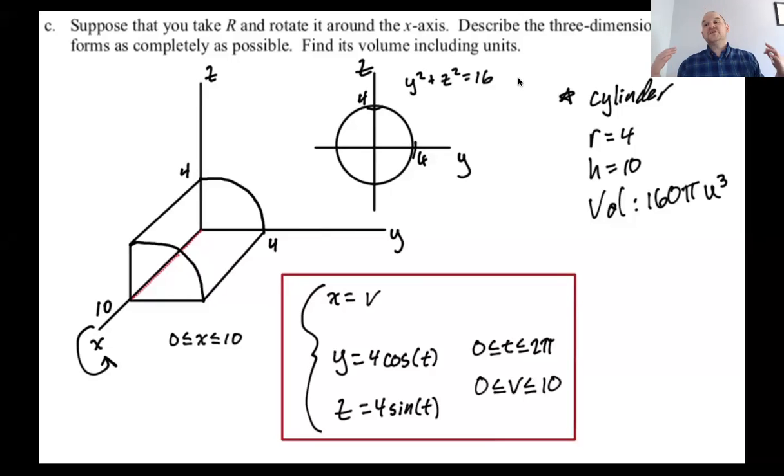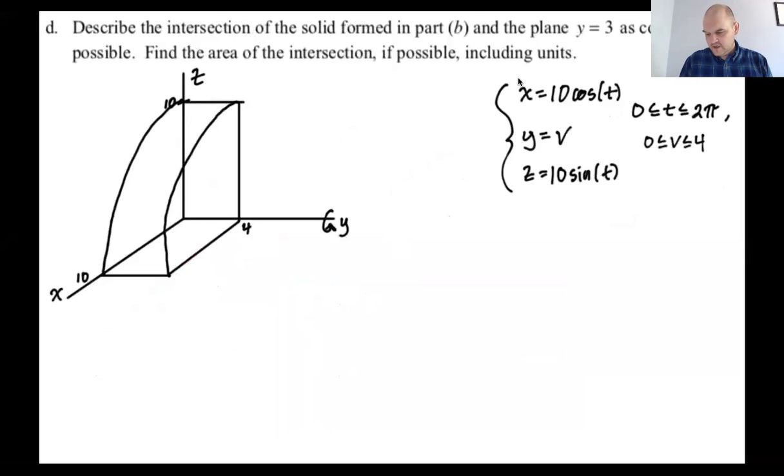All right, I'm back. Still on page 235. This is part C, which we just did. Part D is going to refer to part B. So ahead of time, I actually copied a few things from part B, which you might need to do. I copied the parametric equations for the surface that we found, and I also copied